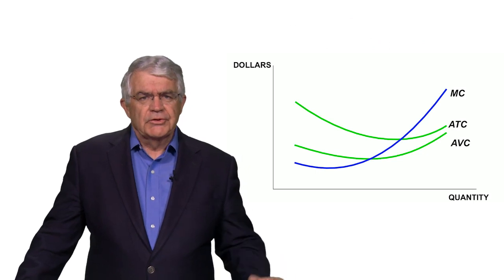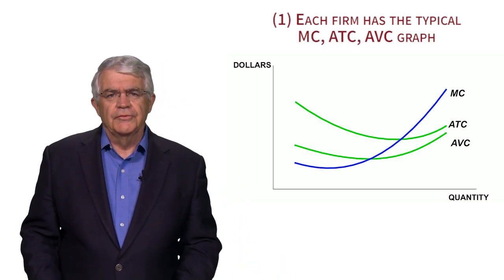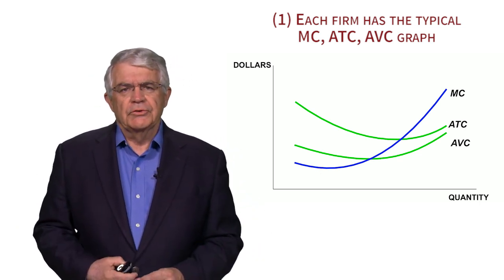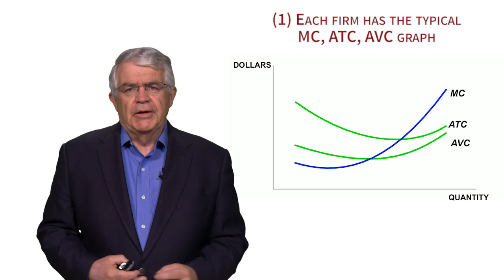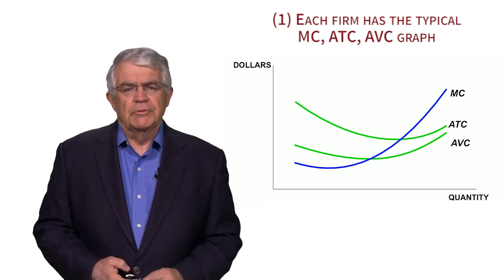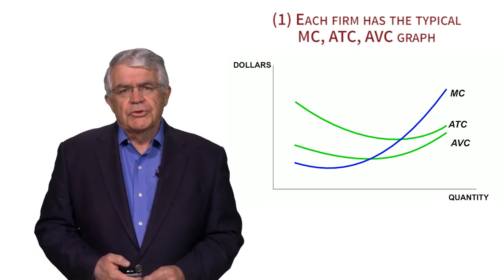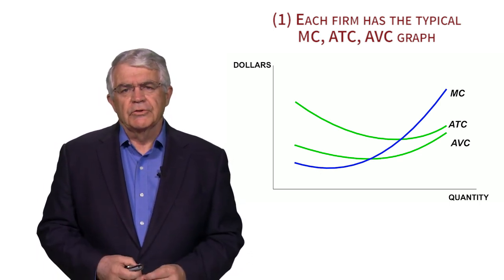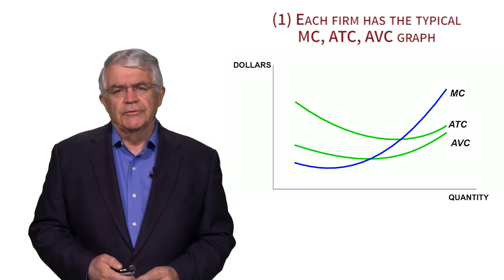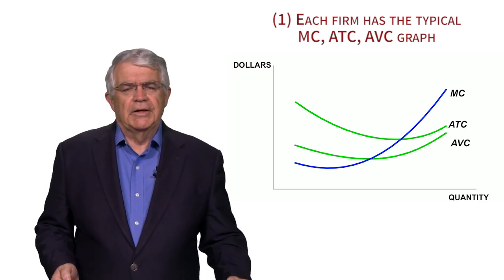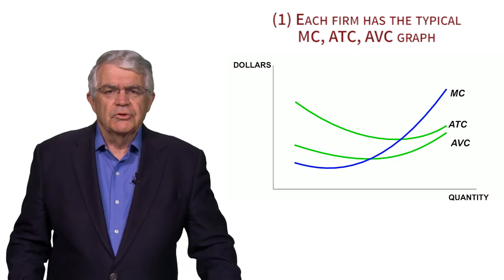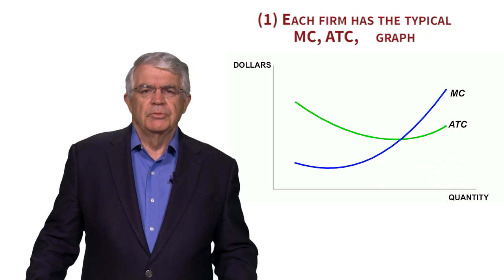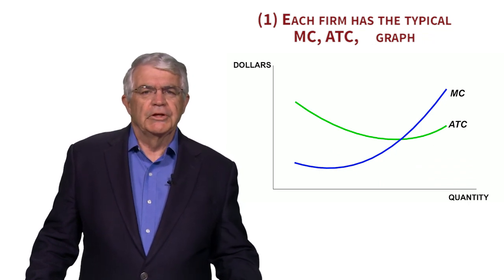First ingredient is the cost curves, which we've seen. So we're going to assume that each firm in this industry, we'll call it the typical firm, has marginal costs, average total costs, and average variable costs, and we can represent that in the graph which we've seen before with quantity on the horizontal axis and dollars on the vertical axis, and you can see marginal cost cutting through average total costs at the bottom, a typical kind of curve. Actually, we're not going to even need the average variable cost curve for this picture, so we can just get rid of that one and look at a picture with just marginal cost and average total cost. That's all we'll need. And we've seen it before.